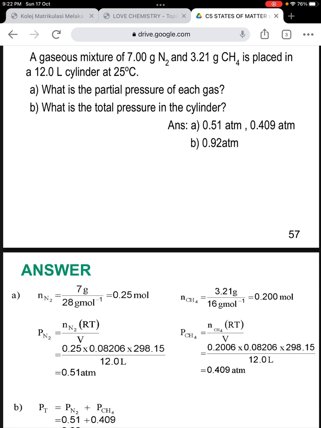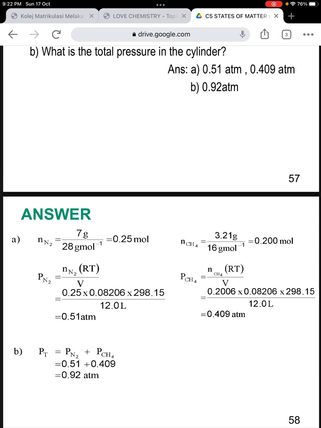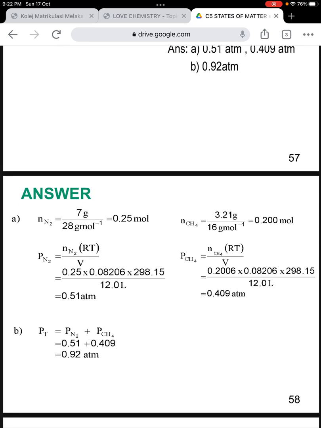After we calculate the mole, we can use the ideal gas equation first, that is P N2 equals n N2 RT over V. So we substitute the mole, the universal gas constant, the temperature and the volume. We get the partial pressure of nitrogen gas as 0.51 atm, while the partial pressure of methane gas or CH4 is calculated